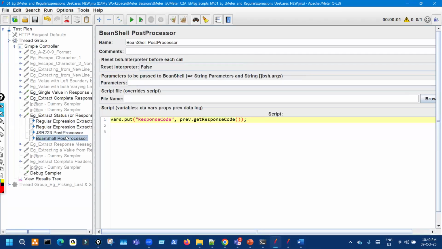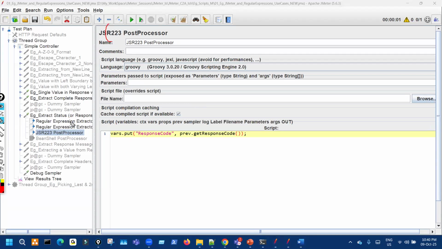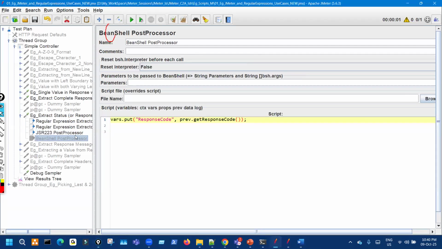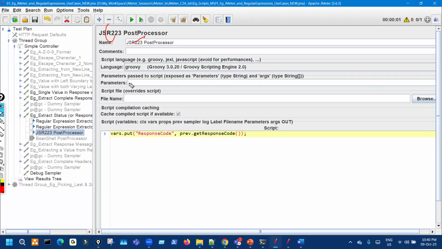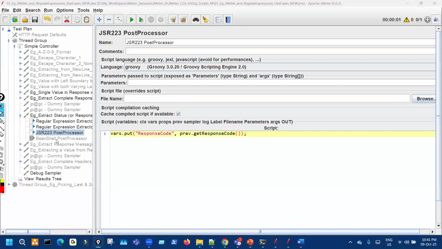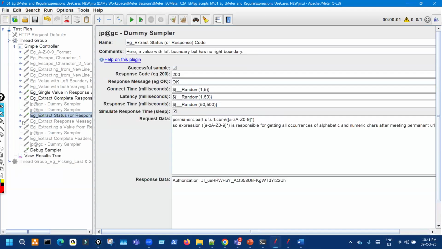Why I'm removing BeanShell? Because generally we use JSR223. So there are two options in writing code in JMeter. Either we use this BeanShell or we use JSR223. But which one we use preferably is JSR. Okay, that's why I'm removing it. So we will discuss more in future in the coding section. So let it be. Now same way the message. Okay,